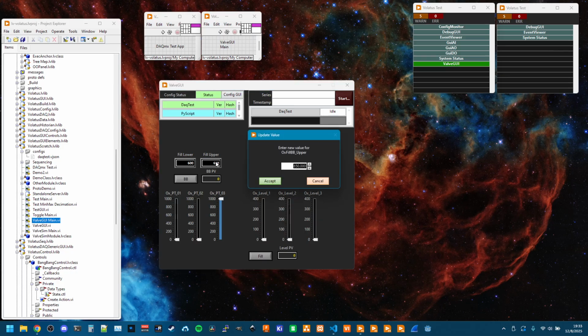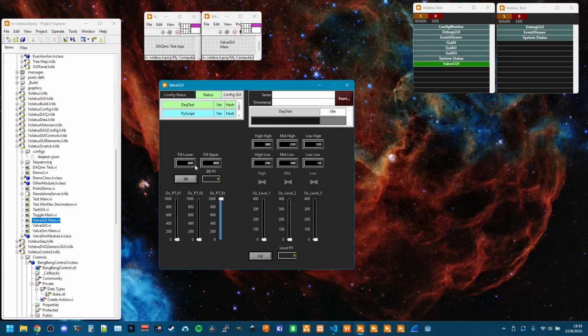In fact, I'm going to exaggerate this. So we're going to go an upper limit of 800 and a lower limit of 400 for the bang-bang. And the idea of the bang-bang is if we're below the low limit, we turn on and we fill till we hit the upper limit. It's going to then presumably decrease because some commodity is getting consumed or venting or whatever the case might be, leaks. So it'll slowly go back down. And once it gets back down to the low limit, it'll increase back up to the high limit. And then if it does hold tight, it'll just sit in the middle, and we won't be opening or closing valves or anything like that. But we'll make it really wide so we can